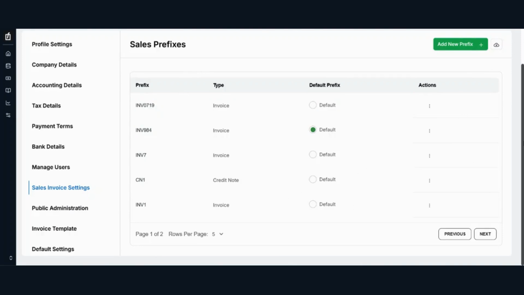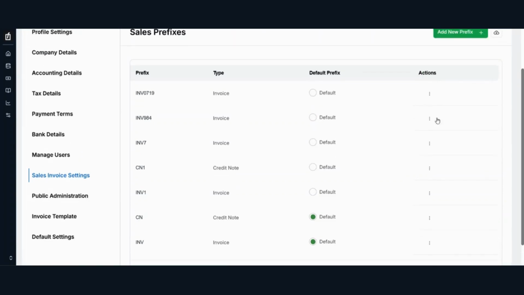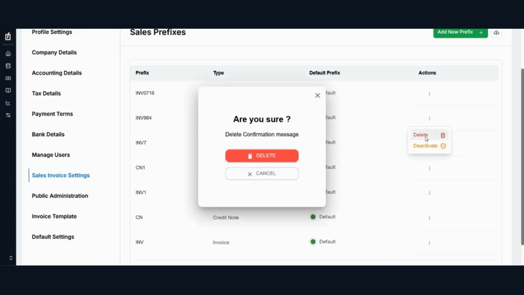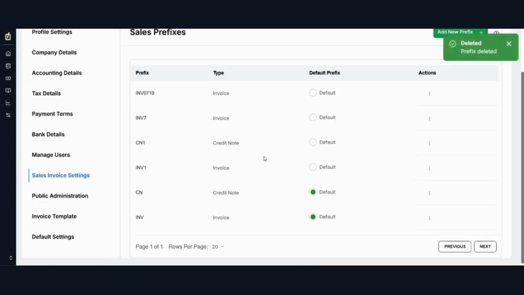And just put this on default for invoice. And suppose you want to delete these prefixes, so from here you can deactivate, and from here you can delete. Let me show you.